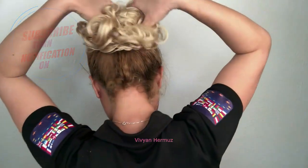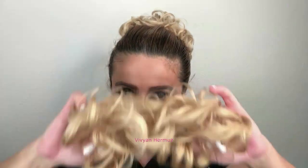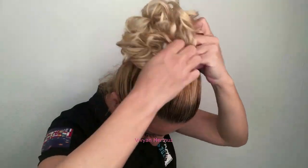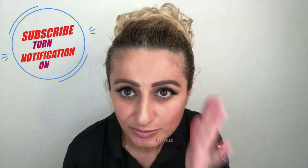You can see the third one is also a bit wider, and then you do the fourth, the last one, even wider. See, all over the first and the second and the third. And then you go with your finger and just scrunch it. Don't brush the hair, because these hair extension pieces are synthetic, so I will definitely say no brushing, just natural